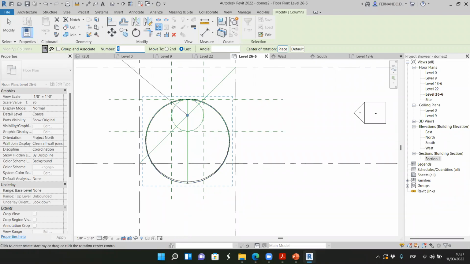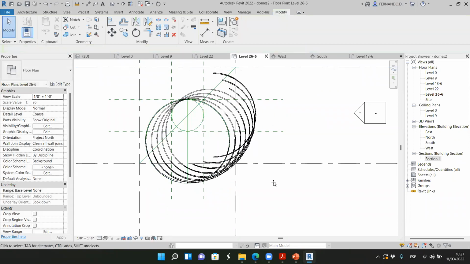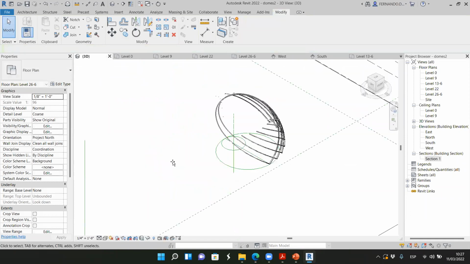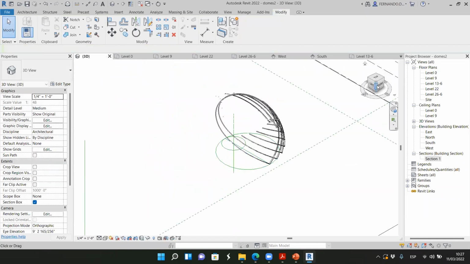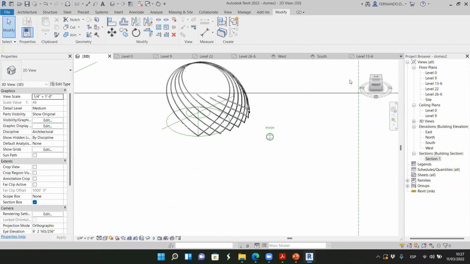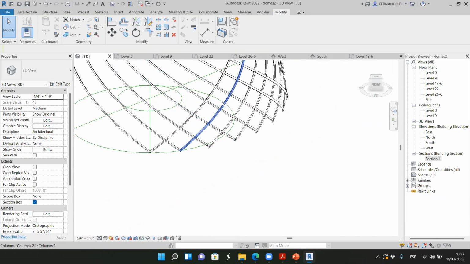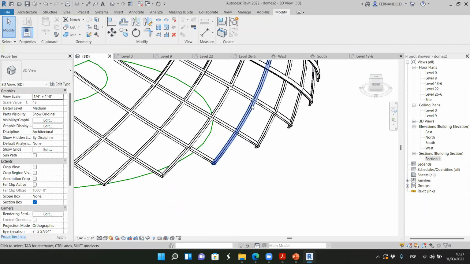Well, I'm going to select more, 8, just to see what happens. And this is the first point of the angle, and this is the second point. So we are going to repeat this this way. Okay. And now on the 3D view, you see that we have these elements here. Okay, so we have created those